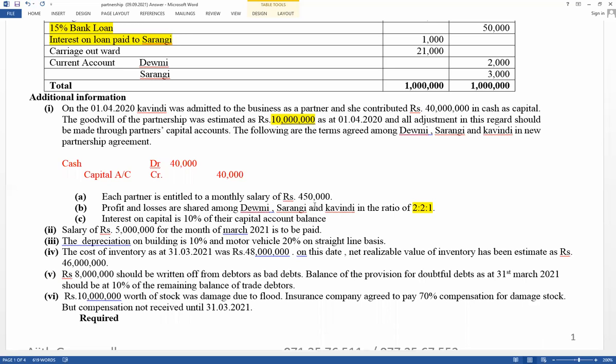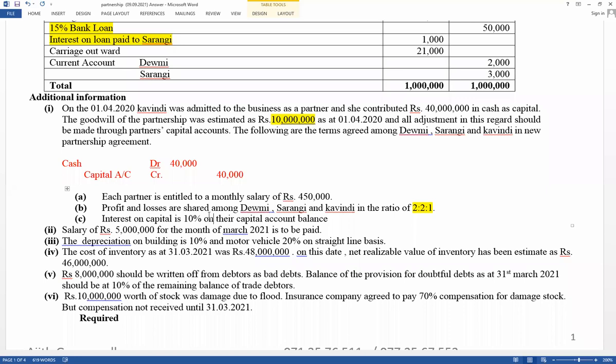When distributing profit among the partners, all three partners should be considered. It has been given that each partner is entitled to a monthly salary. The monthly value is given for each partner. Therefore, multiplied by 12, the annual salary should be calculated. As well as interest on capital at 10% on their capital account balance. If admission or retirement is given at the beginning of the year, interest on capital should be calculated based on their